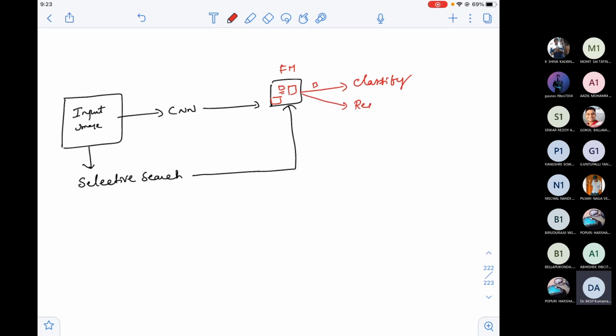That means I need to propose regression coordinates x, y, w, h for the box, because the box I'm proposing may not always contain the entire object. It may contain a partial object, and its bounding box coordinates may not be so accurate. That's the reason we also go for regression.